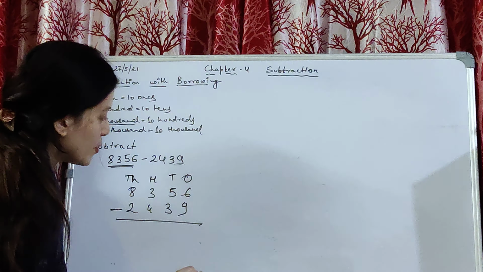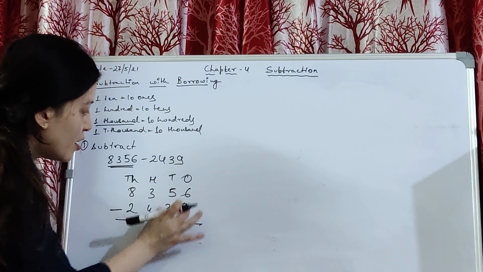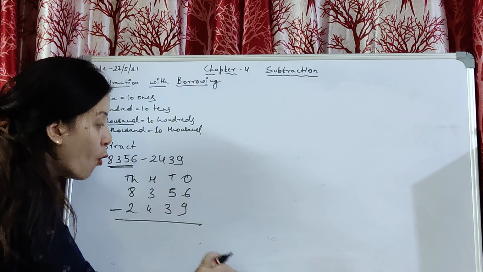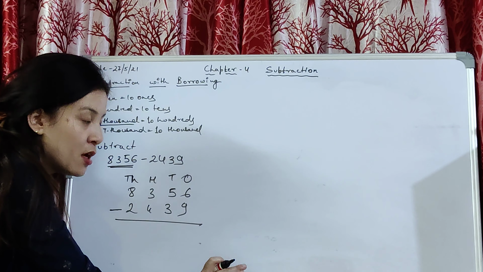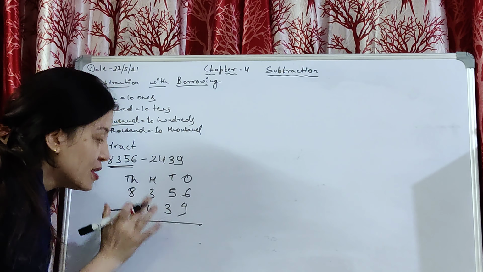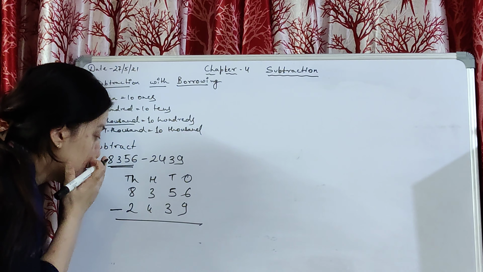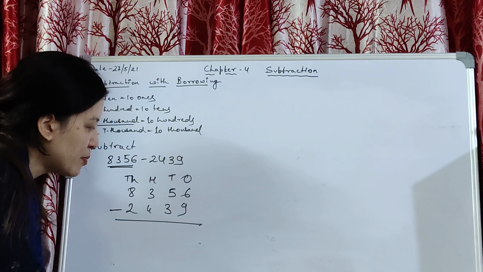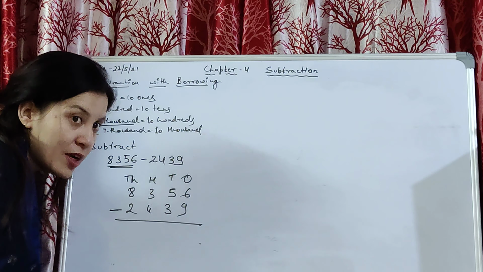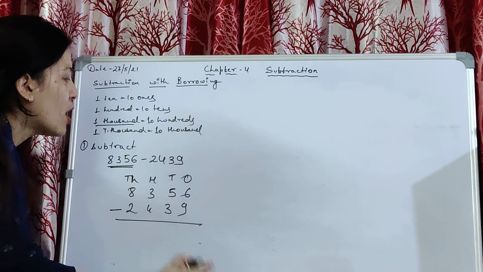Properly arrange करना. Okay, according to their place value, the digit which is in ones place should be in ones place. Okay, and the one which is in tens place should be in tens place. The one which is in 100 place should be in 100 place, and the one which is in 1000 place, that should be in 1000 place. Okay, this is one way of subtracting. Arrange them like this and subtract.